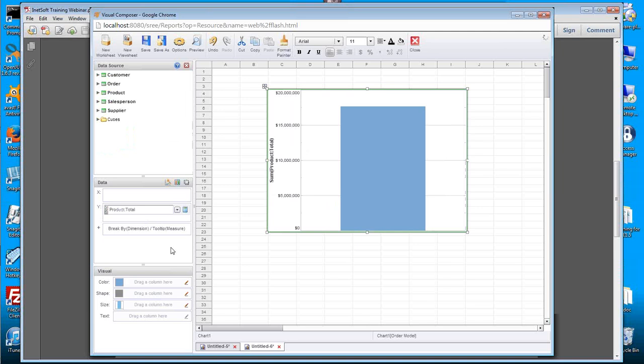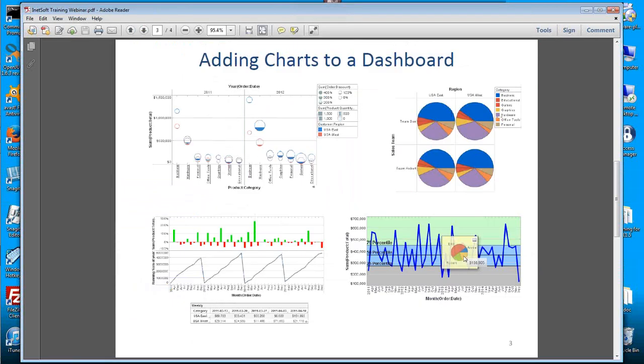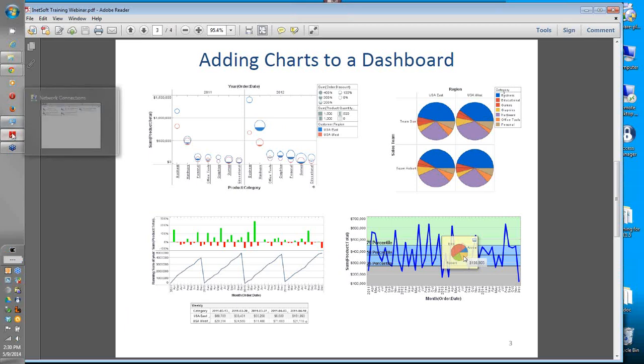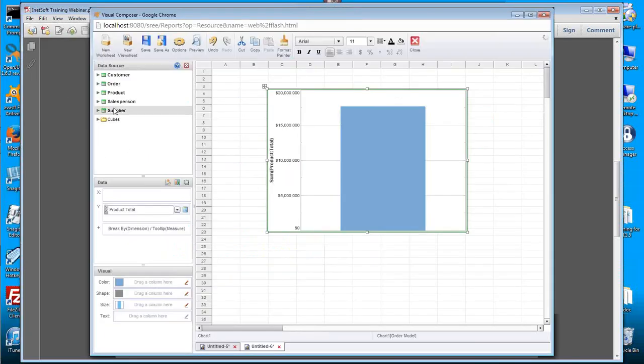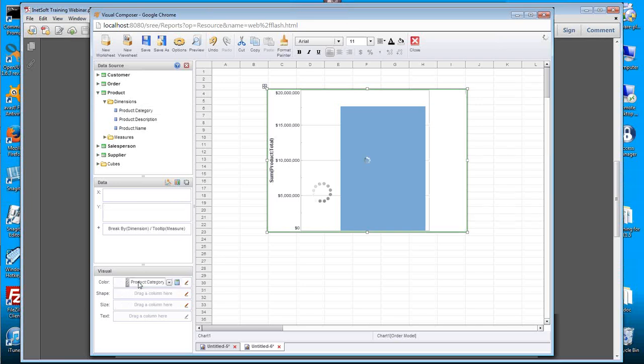I want to distinguish the different groups by color, and looking back at the picture, the different slices of the pie are different categories. So I'm going to find the category field and drag that down to the color region. If you want to group by color, you drag the dimension down to the color region, and you get